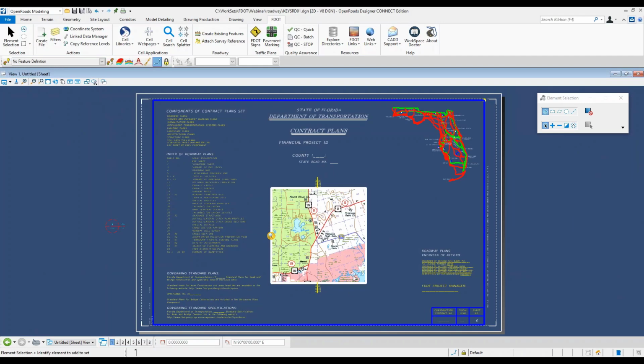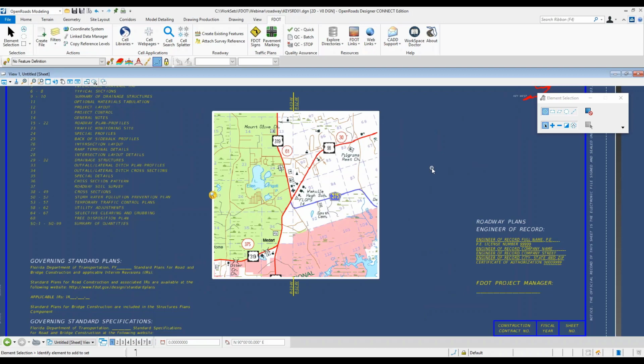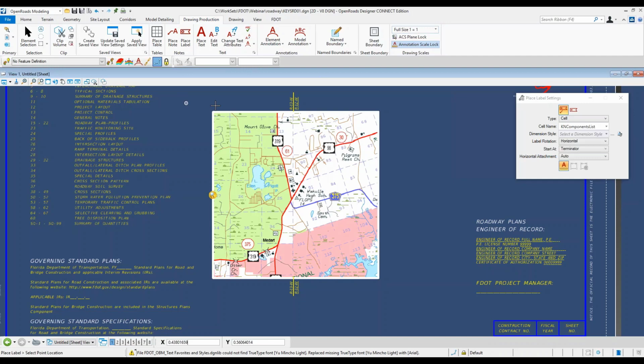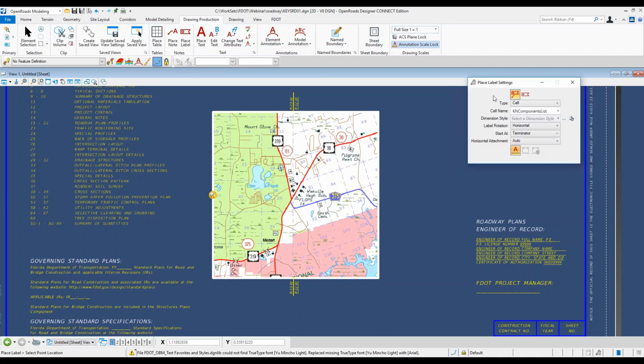again, just editing the key sheet is pretty much the same. As far as labeling the location on the map, that has changed because Geopack Labeler has gone away. So what we've done is, back on the Drawing Production tab, we've set up some labels using text favorites and dimension styles. So to label my begin and end project, what we've done, so I'll launch the Place Label tool, and on the Place Label Settings tool, I want to place mine with a leader. So we'll set the type to text favorite, select the favorite name,